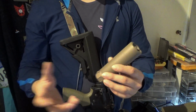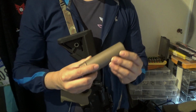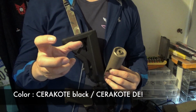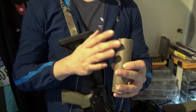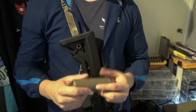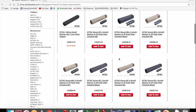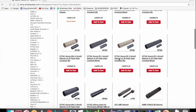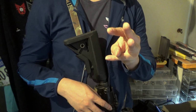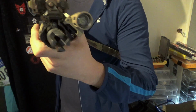And with those two versions of suppressors, you have a few options in terms of color and in terms of flash hiders. In terms of color, first of all, they're Cerakoted. They have a Cerakoted flat dark earth, and they have a Cerakoted black version. They have it available for both lengths, for the Mini 2 and for the RC2. You also have another option, which is the flash hider. When you purchase this suppressor from Dytac, it will come with a flash hider, and you can either get the one that has a 4-prong or the one that has a 3-prong. Personally, I opted to get the 4-prong one,